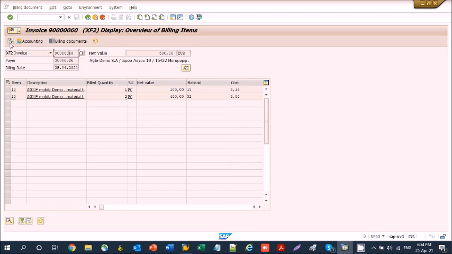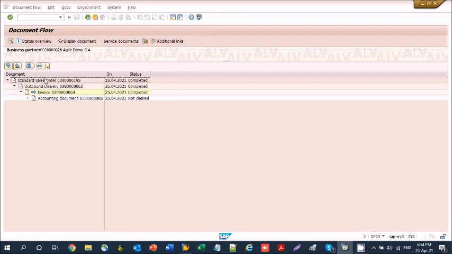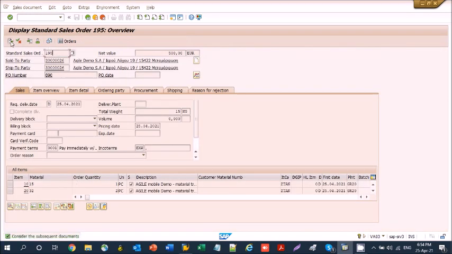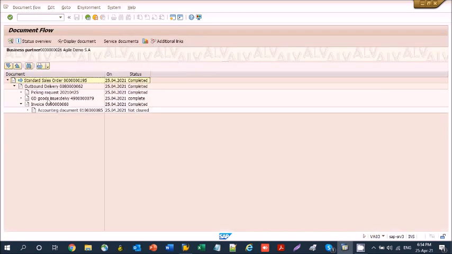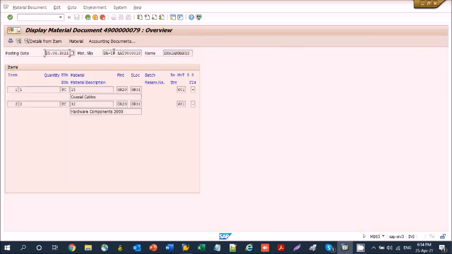We can also see the MM document. From the document flow of the sales order using transaction VA03, you can see that it has been also updated.